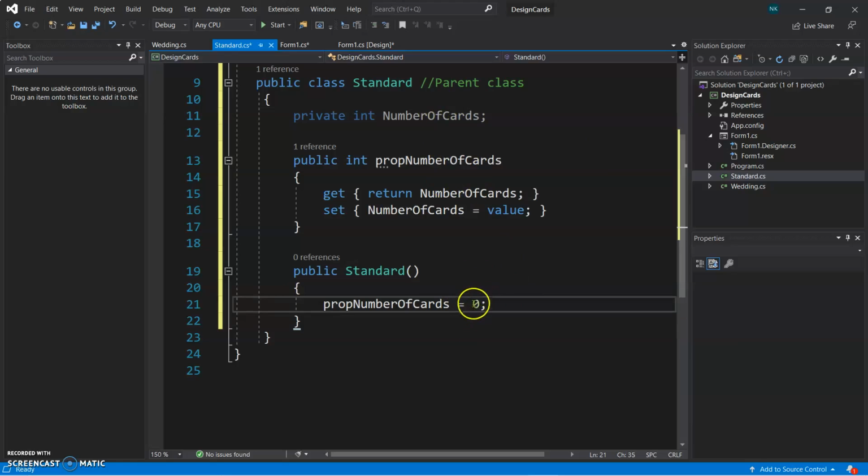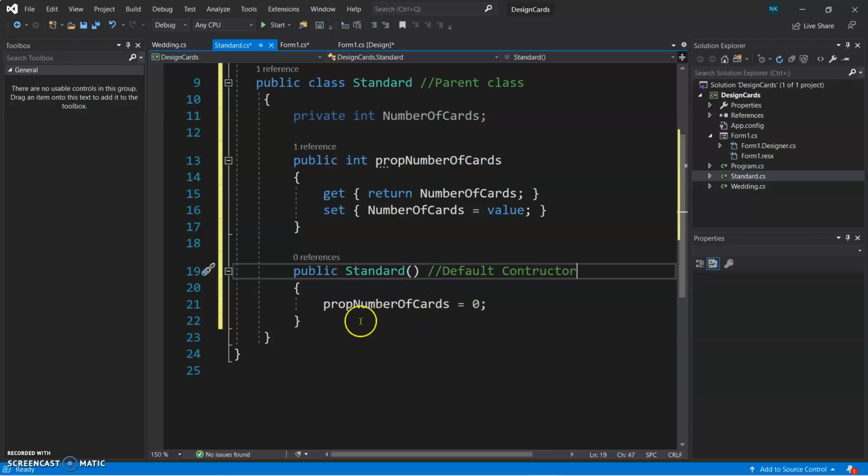But if you don't put this one, there will be an error because the system will not understand which value is in here, because an attribute must have a value, it must not be null. So that's why here, since it is a number, we assign it to 0, but if it was a string, then it would be assigned double quotes, no, null, yes. Okay, so now this is a default constructor. This one is a default constructor, and then now let's go for